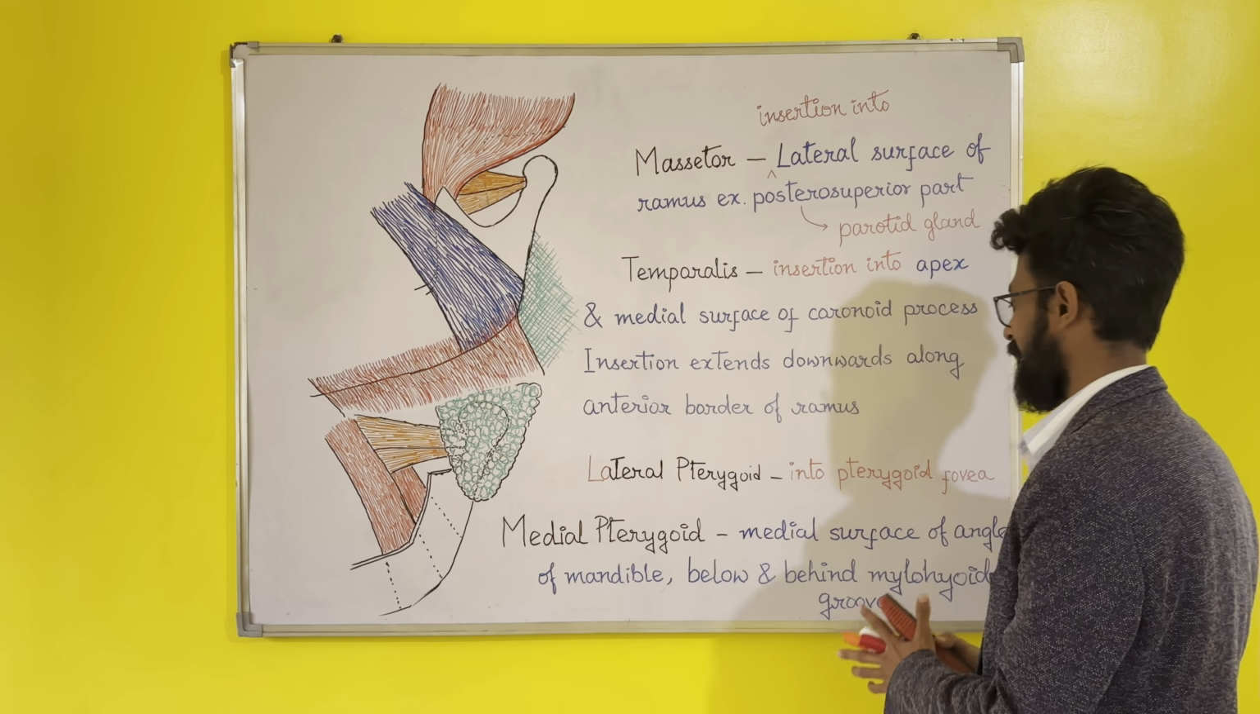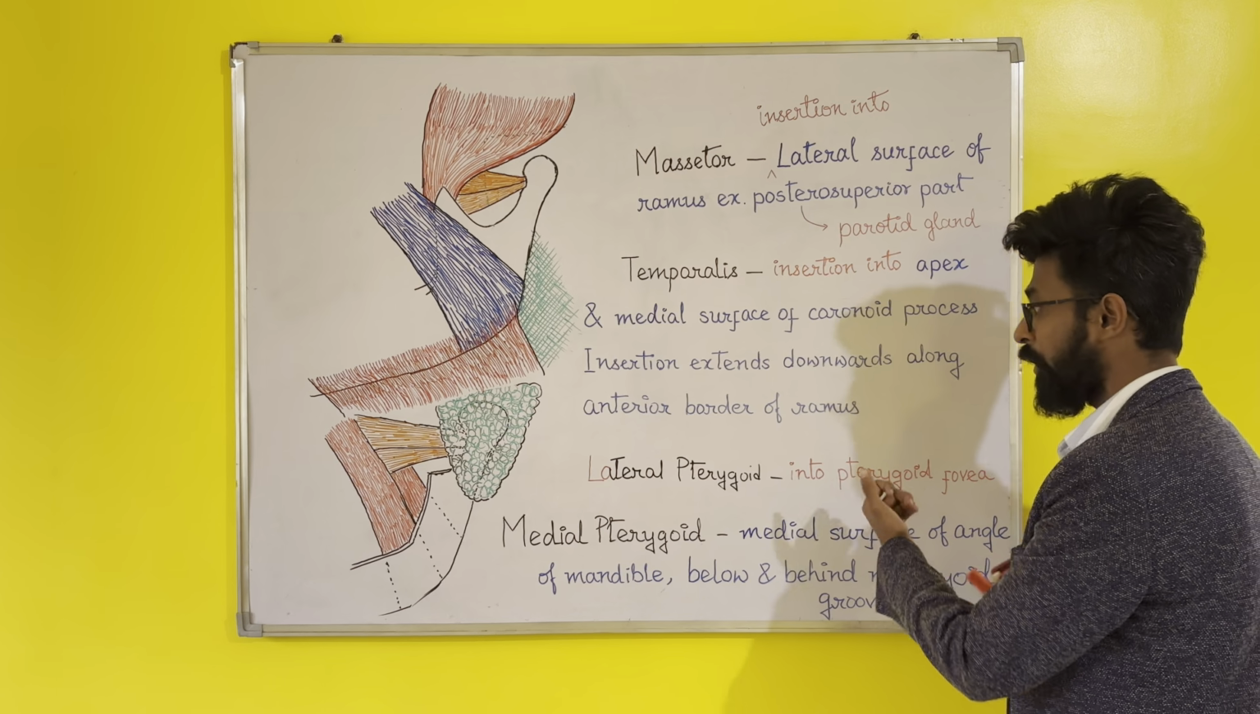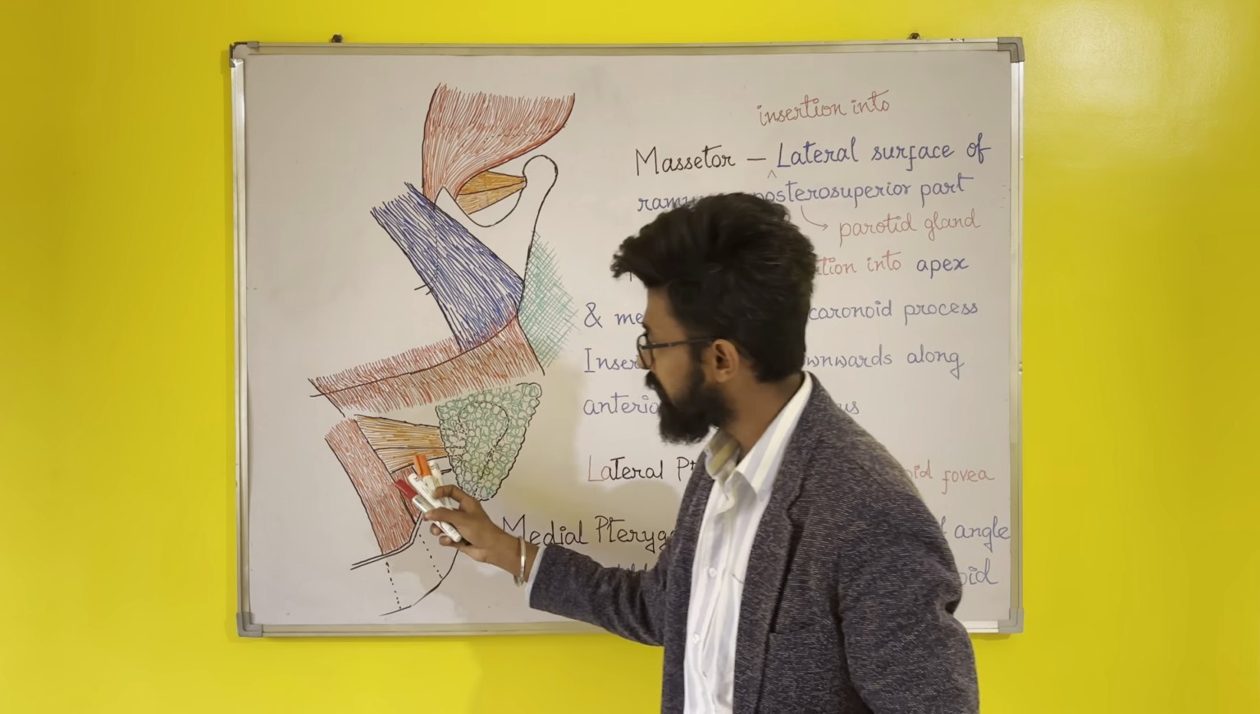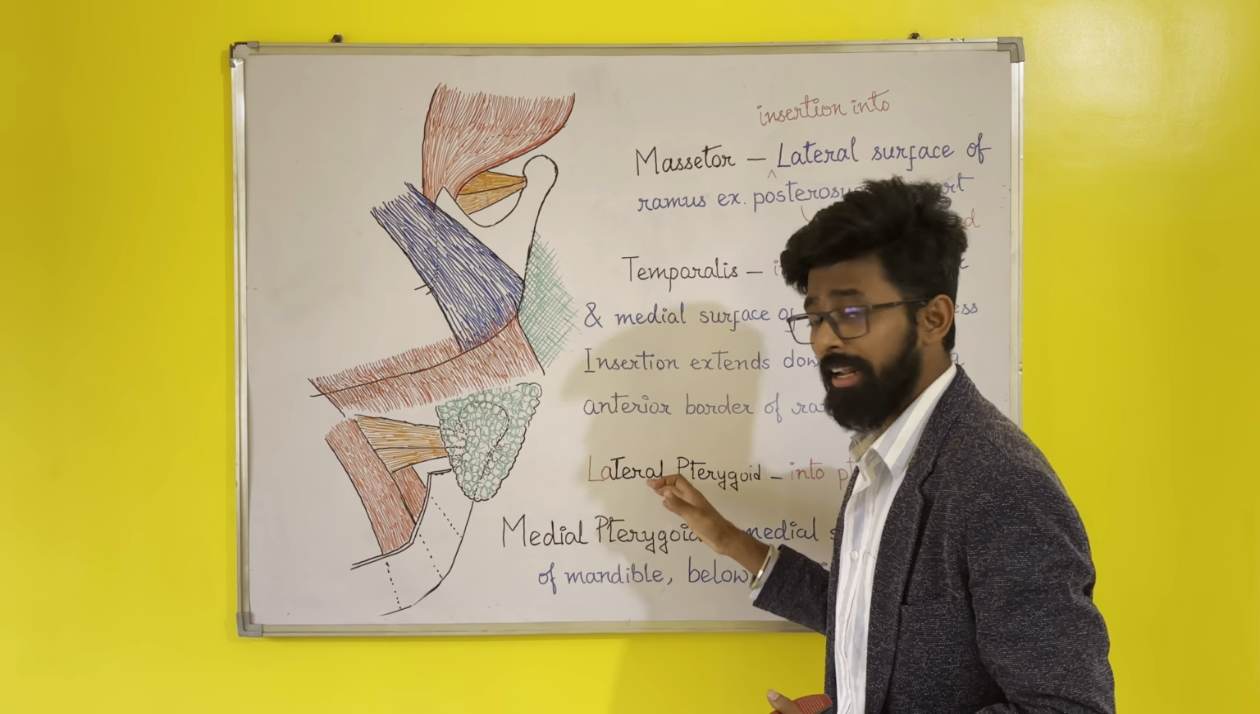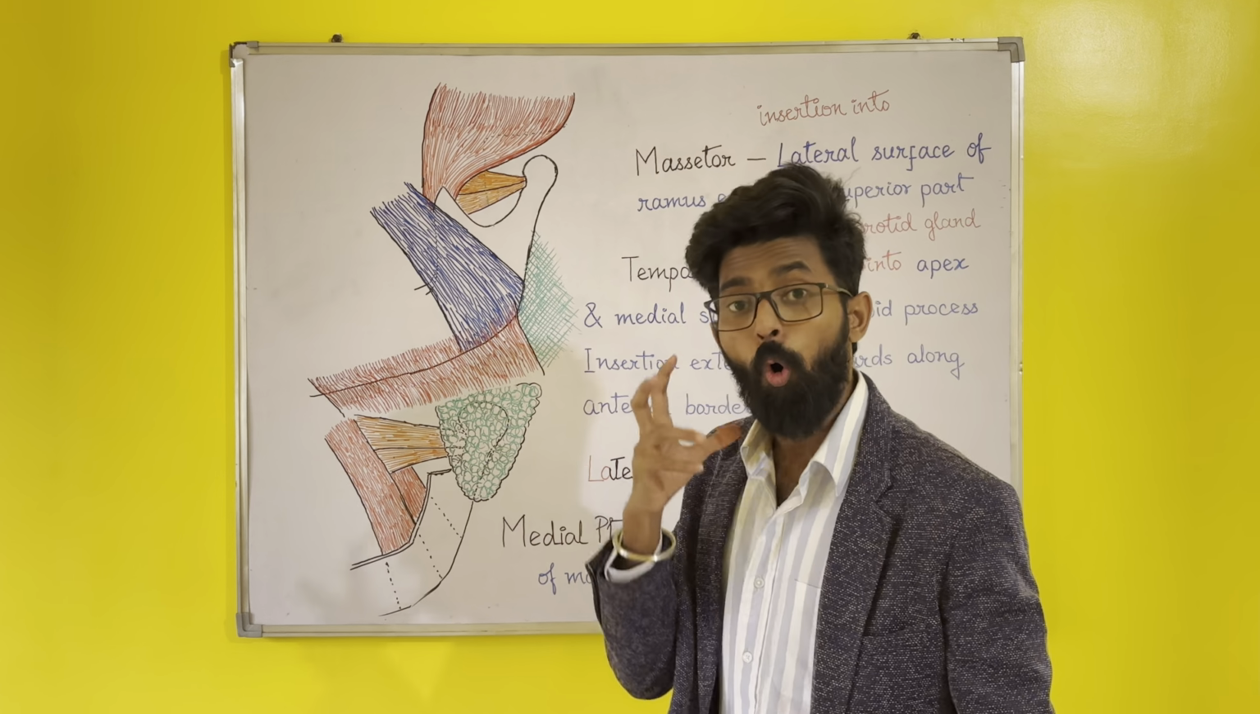Okay, so lateral pterygoid is inserted into the pterygoid fovea. Okay, now there is one more line which you should know. Here is the lateral pterygoid. In case of lateral pterygoid, origin